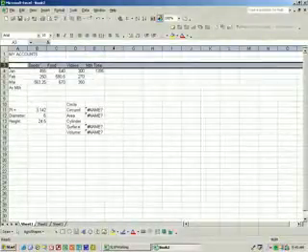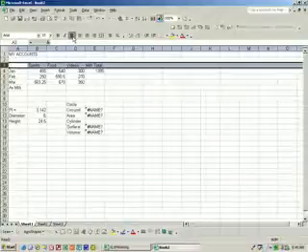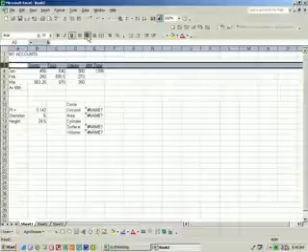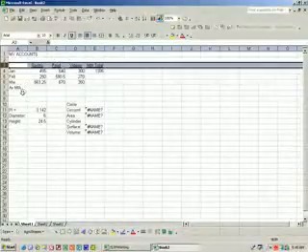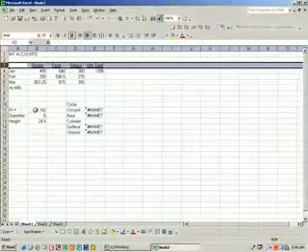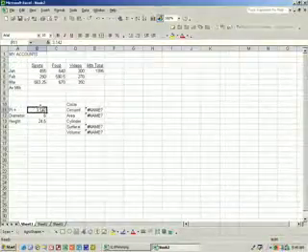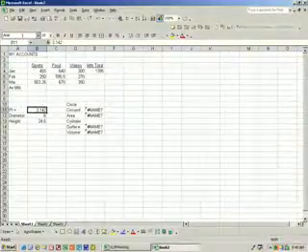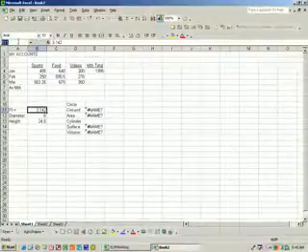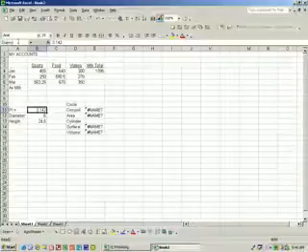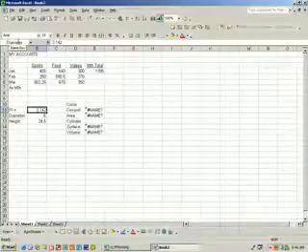and let's click the underline button and the center button, and then we want to click in cell B11 and then click in the name box and type pi, and press the enter key, and then click in B12